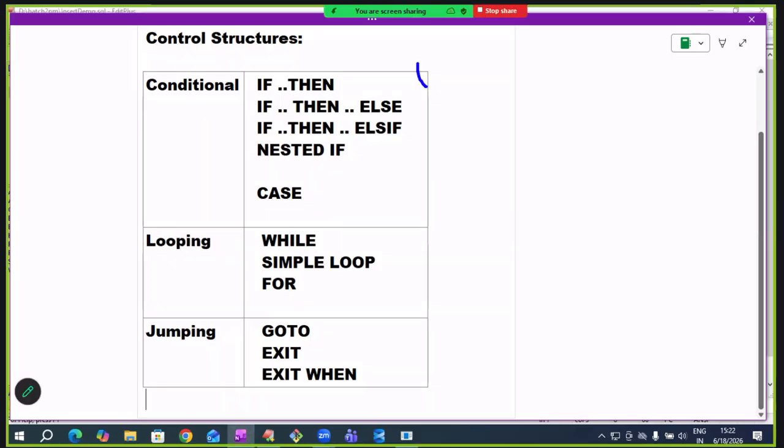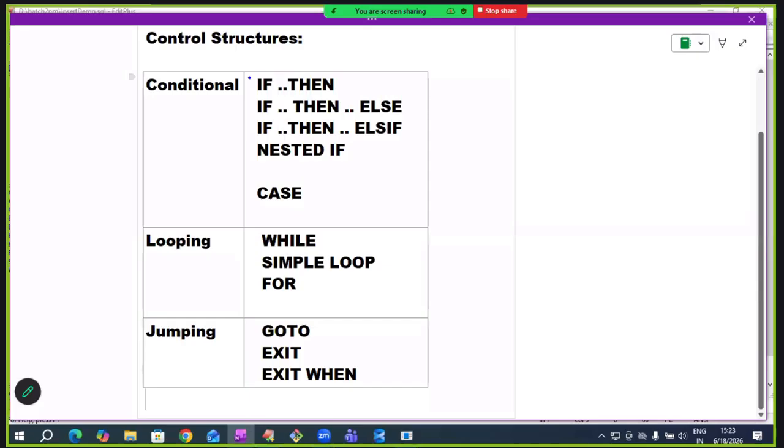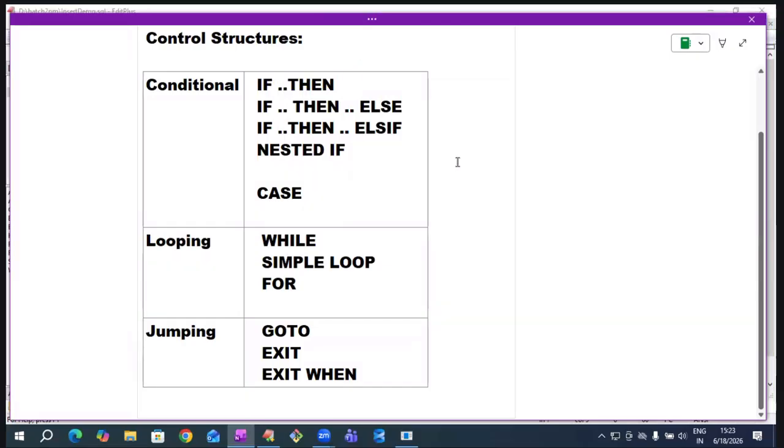Today and for the next 2-3 sessions, we discuss only these control structures. Among these, the first control structure I am explaining now is the if then